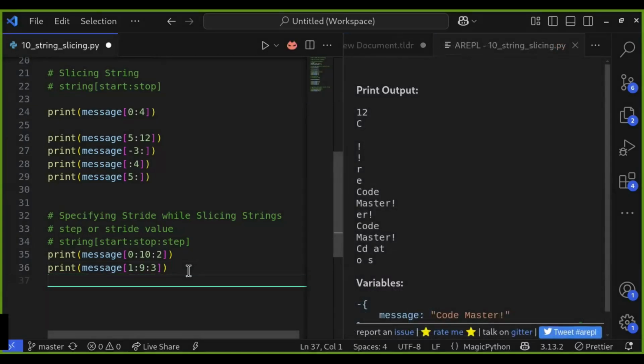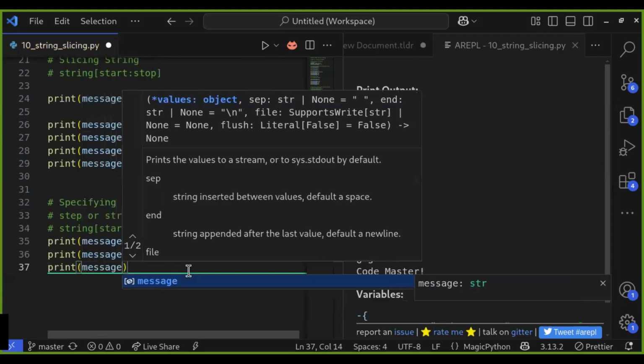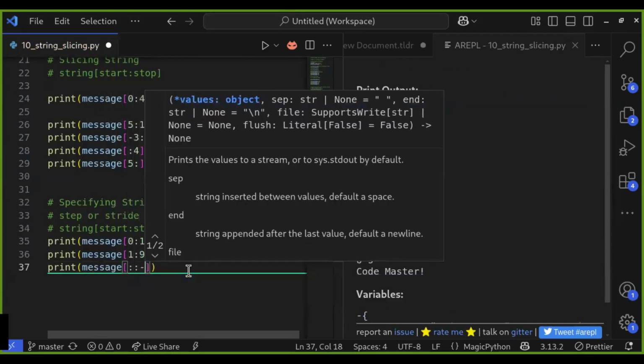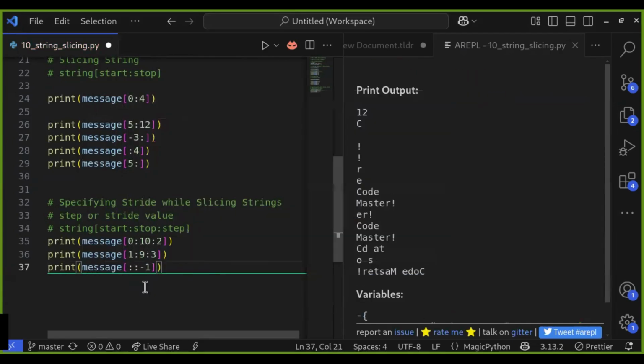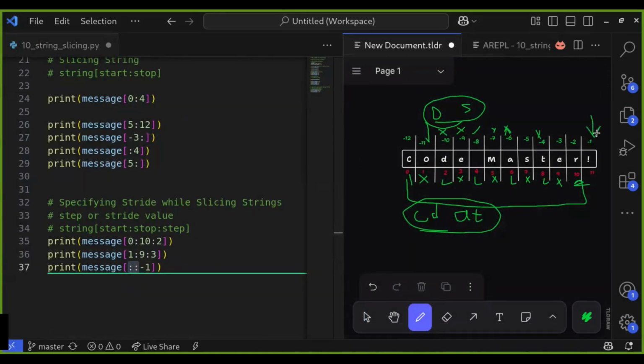So we can also use the stride to reverse a string. For example, message[::-1]. This tells Python to start from the end of the string and move backward one character at a time, effectively reversing the string.